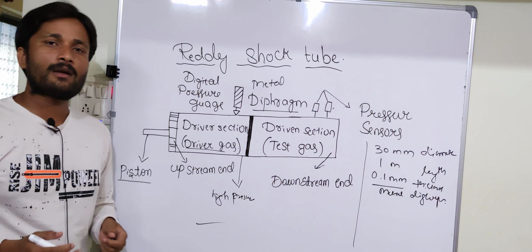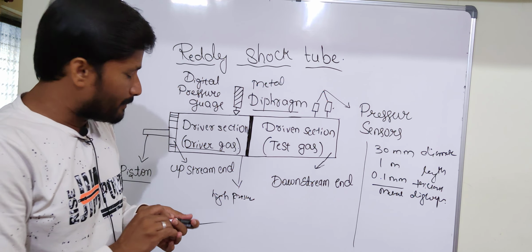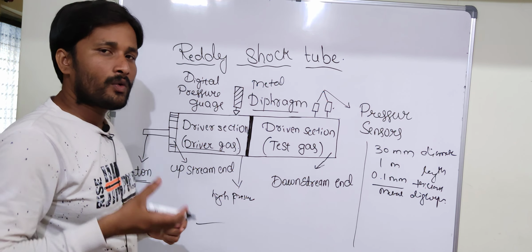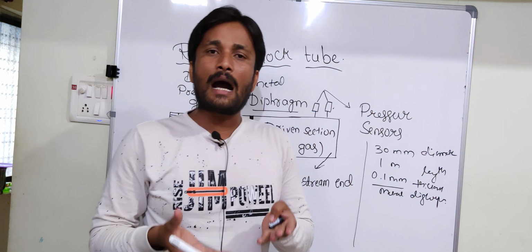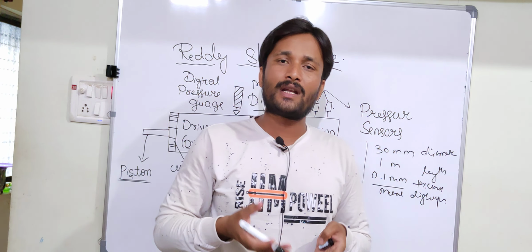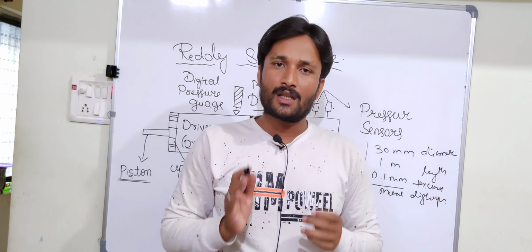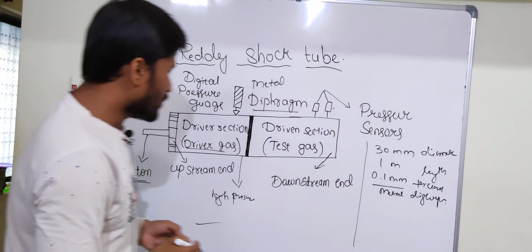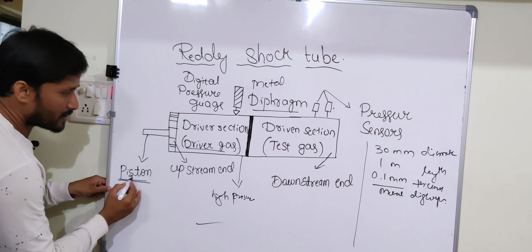Now moving on to the working principle, what exactly happens? We know that we use a piston to move the engine parts up and down. That's why we are going to use the piston. The working of a piston is to move engine parts up and down. Okay, so when you move this piston,